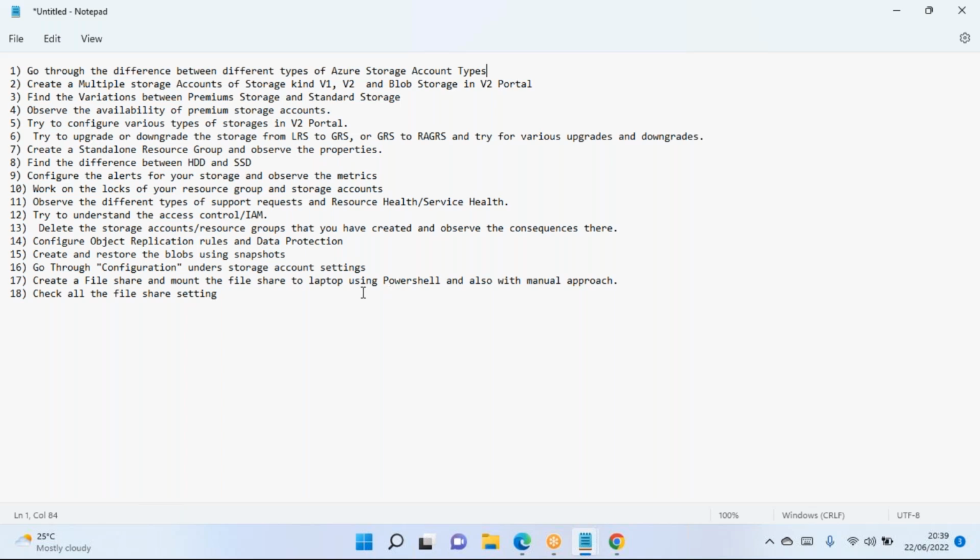No, right? I'll give you the difference. If someone asks you, can you explain the performance types of storage accounts available in Azure? We have standard and premium. Okay. If someone asks you different types of storage accounts, then it is a question mark, because